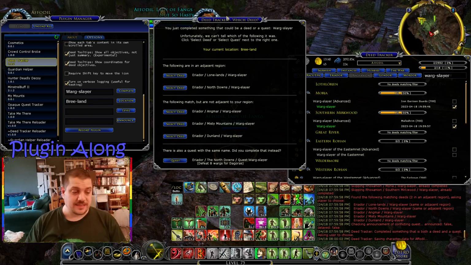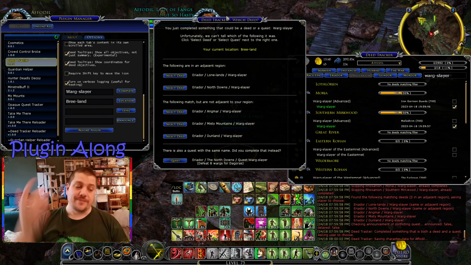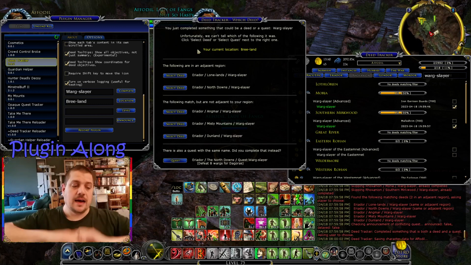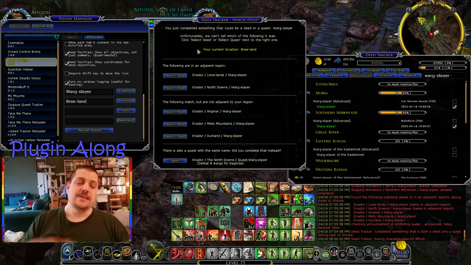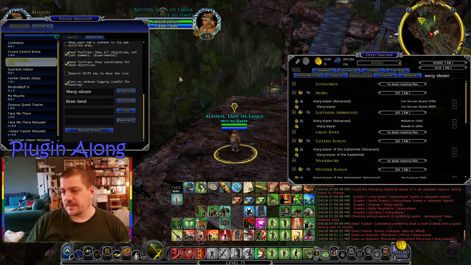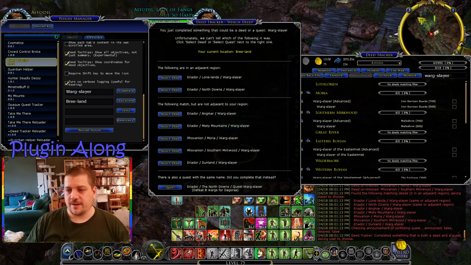It's a 99% chance of being correct, but I'm hesitant to auto-complete any deed if I don't know for sure that that's the deed. So if you complete a deed and there's only one matching deed and there's nothing in an adjacent one, we're good. We just auto-complete that. But if there is that possibility of we could have just walked across the border, then we pop up this stupid window. And it is annoyingly complex. I'm going to go ahead and uncomplete those though, because I like how bad this window can get